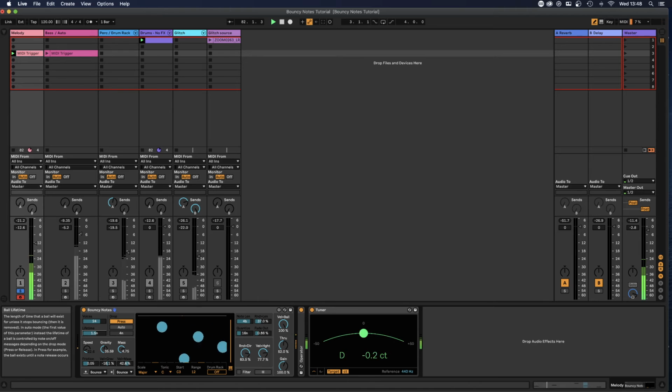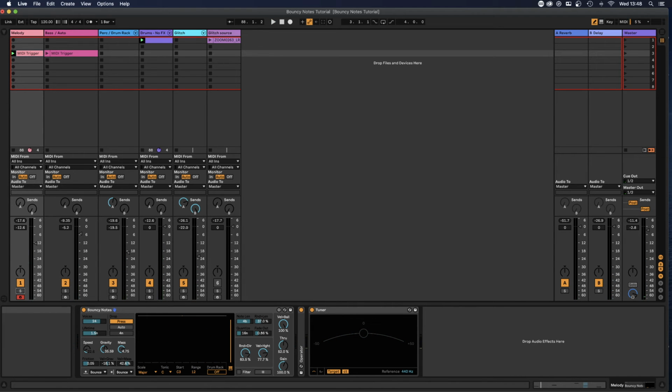Increase the lifetime again now as well. So we're getting some more notes there now again. And because we've got everything set to quantize the rhythm and the pitch, it doesn't matter what we do, it's going to be okay. So that's that. There's something else that I want to show you in the central display, which is